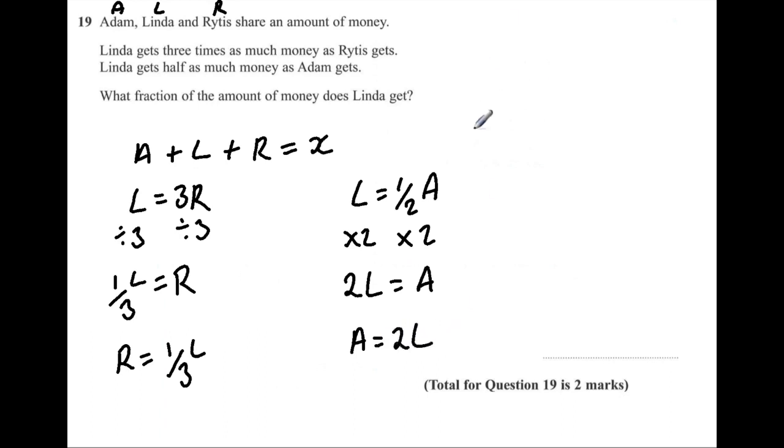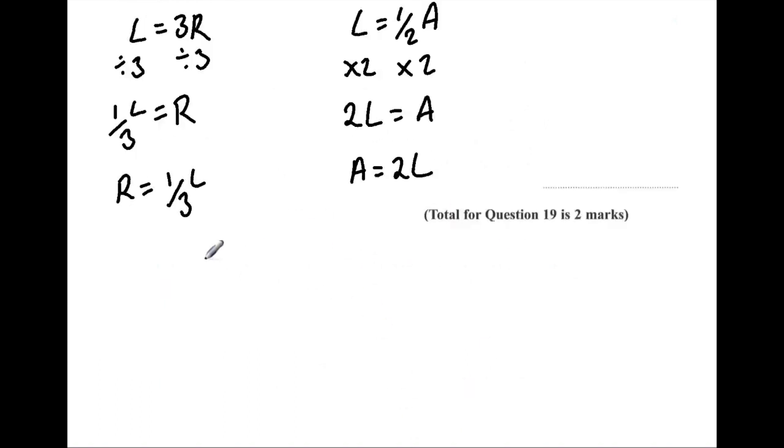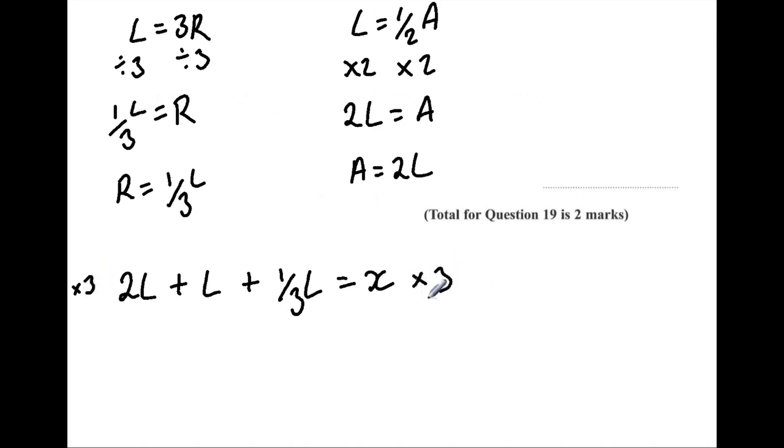Now at this point, I'm going to substitute the value of R and A into the equation. So A is 2L plus L plus R, which is 1/3 L equals X. I want to get rid of that fraction 1/3, so I'm going to multiply both sides by 3. And what we should have is 3 times 2L is 6L. 3 times L is 3L. 3 times 1/3 L is just L. And we have